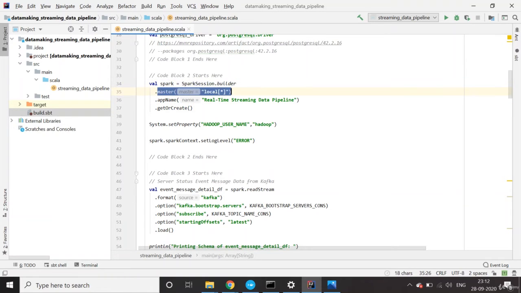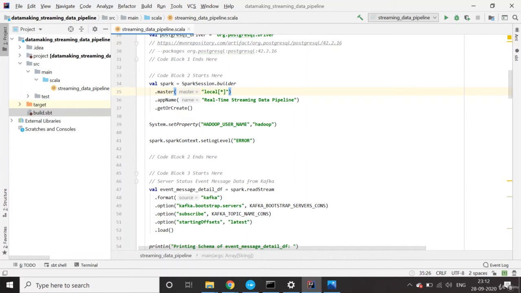You need to pass a master URL, which is nothing but your Spark master node. Spark can be run in different modes, so we can use different masters. One is local, which is for running in our IDE; I'm using local. When you run it on a cluster, it can be one of the cluster managers. This master property is called the cluster manager.